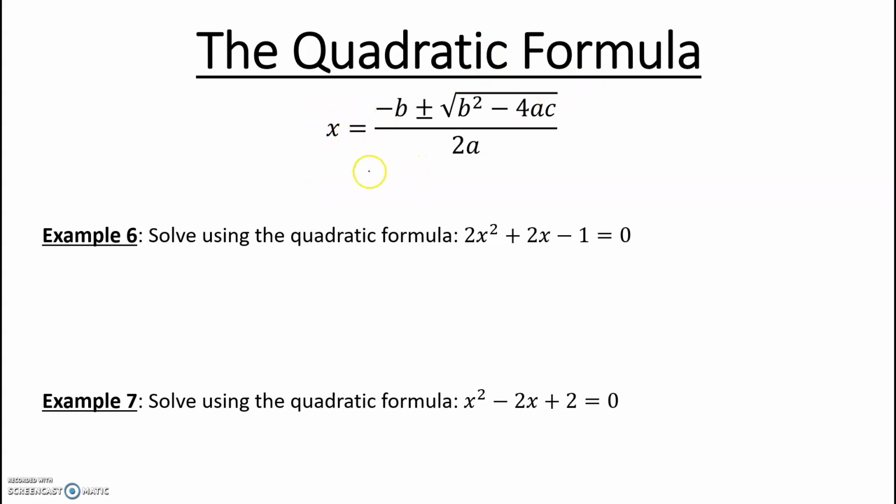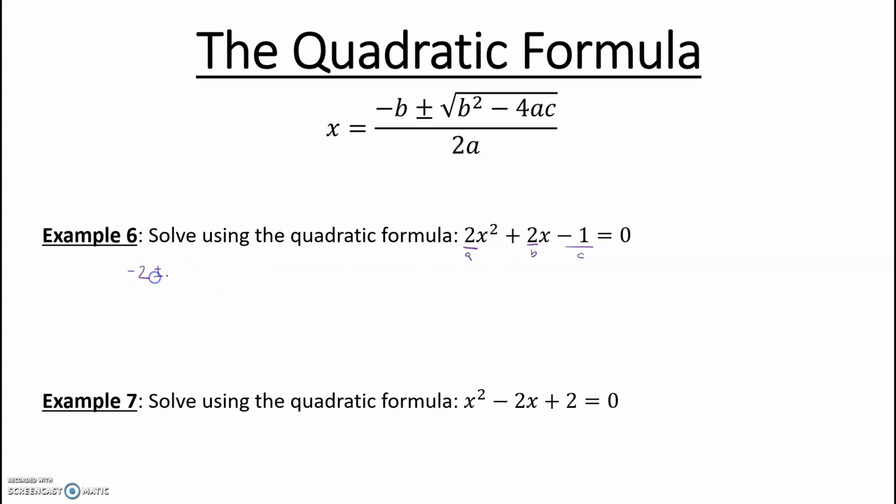So here's your quadratic formula up top. Remember, A, B, and C are your coefficients. So let's get to it. So we have the opposite of B. So here's your A, your B, and your C. Don't forget that negative. So here we have the opposite of B. So the opposite of 2 is negative 2,